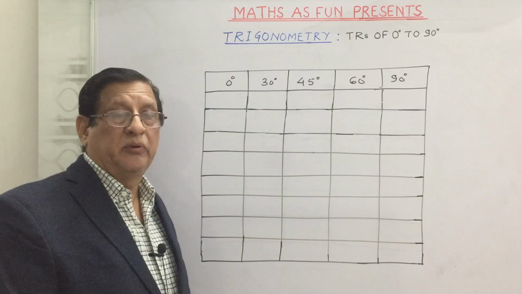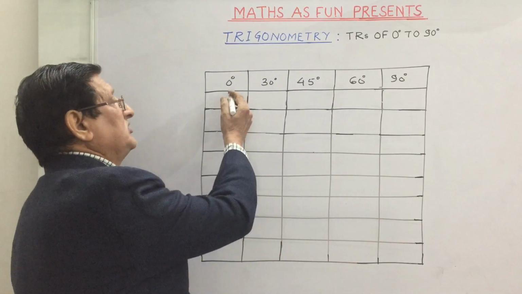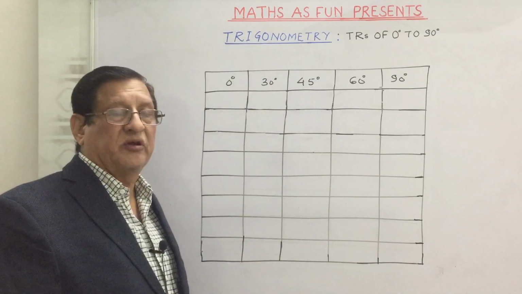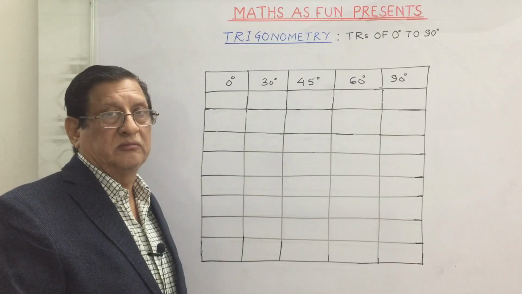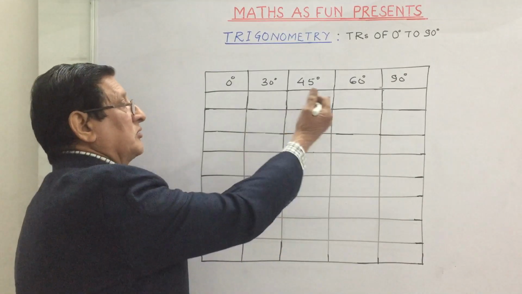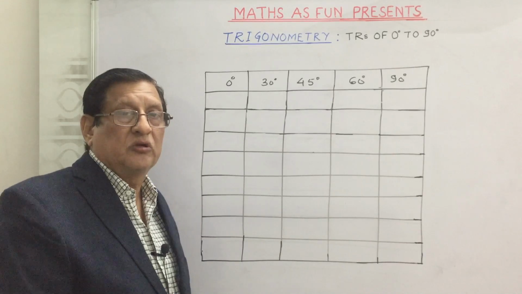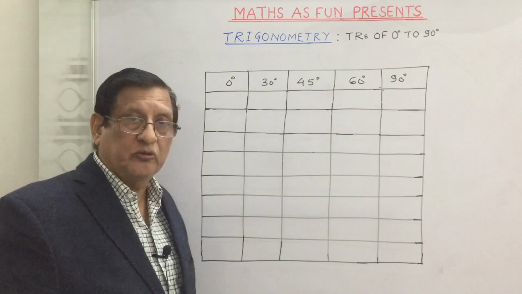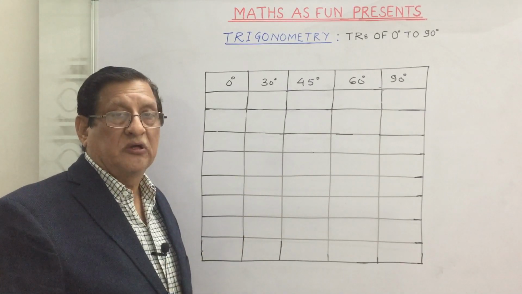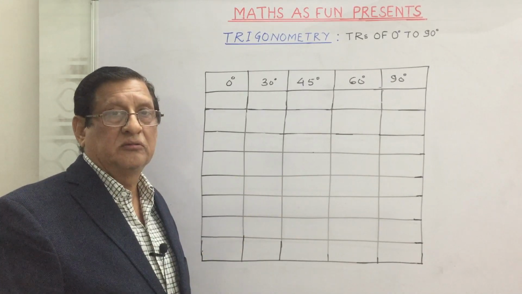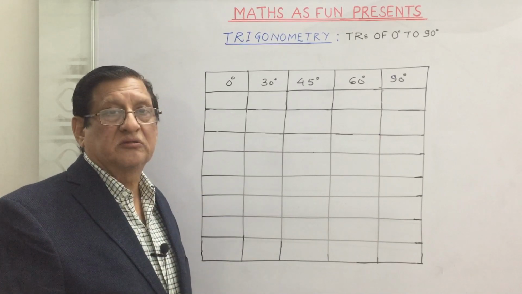To make a table for all the trigonometrical ratios for these angles 0 degree, 30 degree, 45 degree, 60 degree and 90 degree, we have an easy method. Then this particular table can be used as a ready reckoner in the examination. Wherever you want to apply, you can make the table and apply the value. How to make this particular table? There are some steps which make it easy to learn. We are not to memorize, we are not to remember these values.